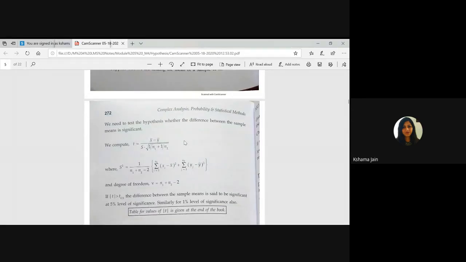They are telling if suppose we are having two populations and data, then t will be x bar minus y bar divided by, there we were using sigma, but here we are using s to make a difference, because if you write s only sigma, so sigma generally we take 1 by n. Okay, but here we are taking s to make a difference. We are talking about student t distribution, and here in place of n we are taking degree of freedom, that is n minus 1.